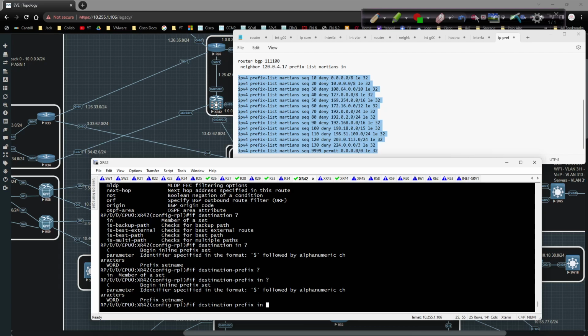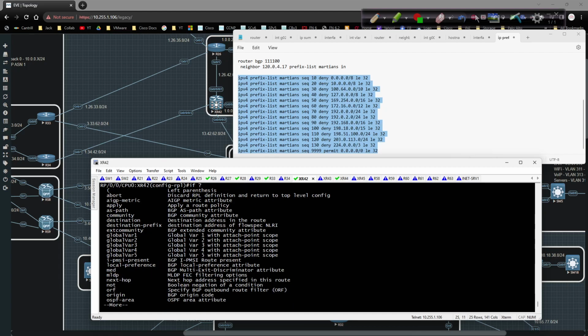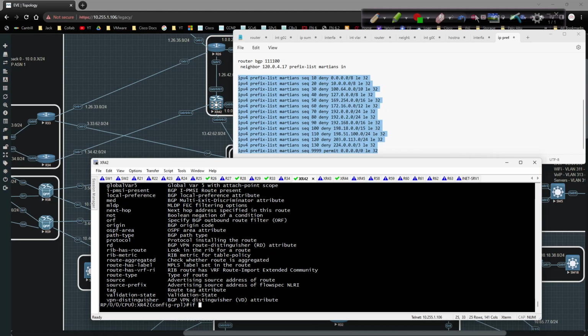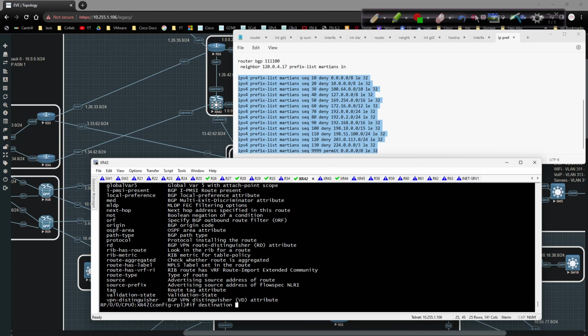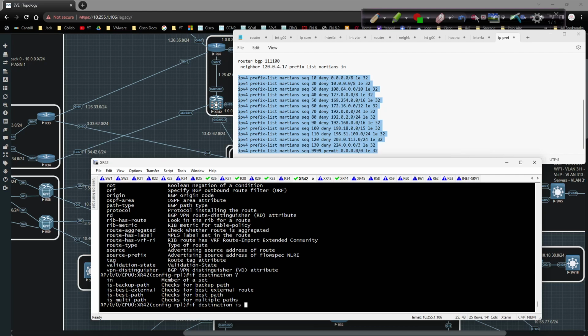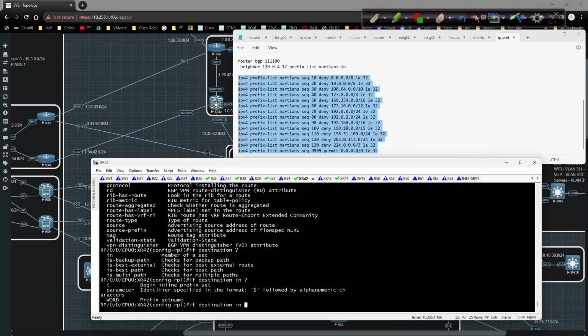there is a way to map this, and I forget how to, if it's destination, if destination in begin inline prefix, so you can basically copy and paste all that in. There's a way to do the dollar sign to map this, and I forget how to do it. So if we do a,